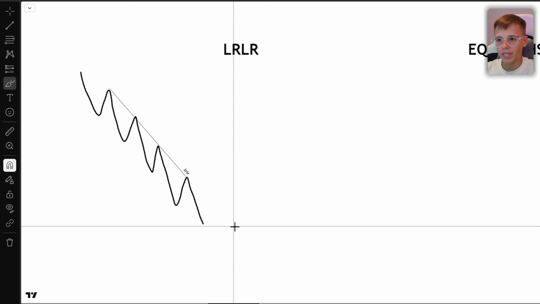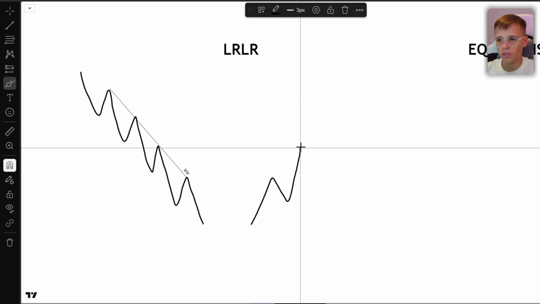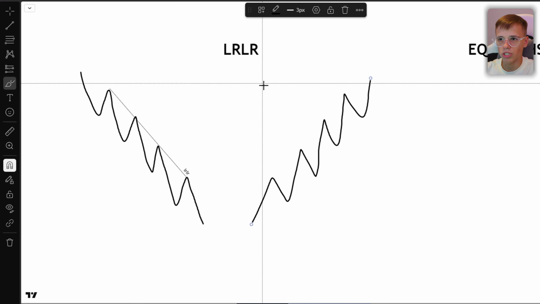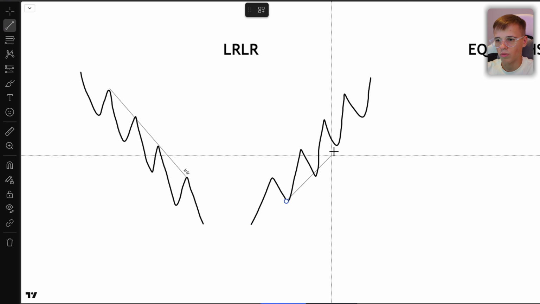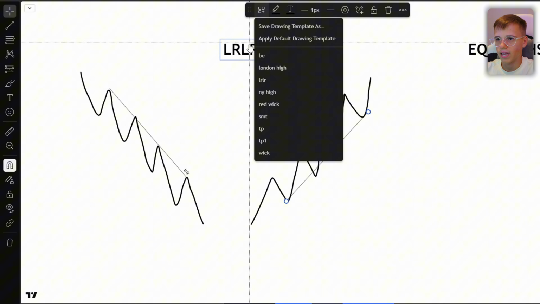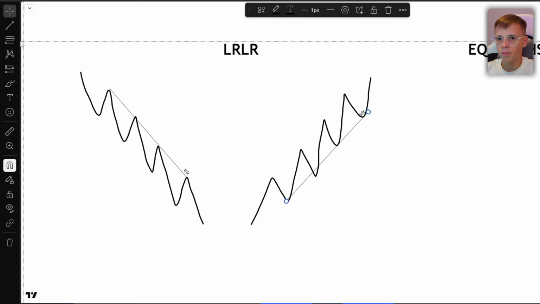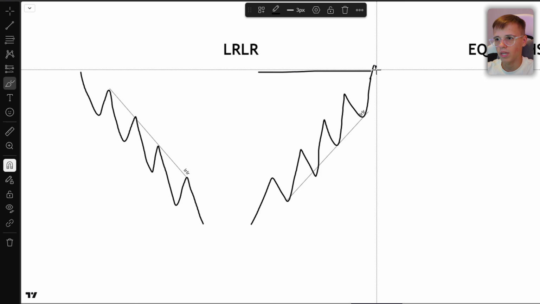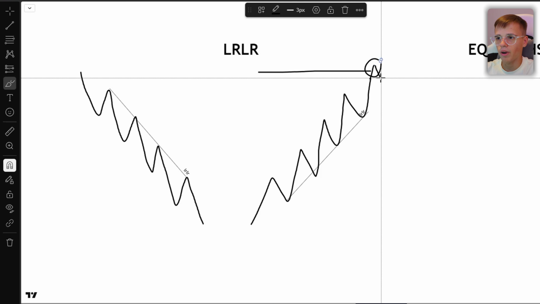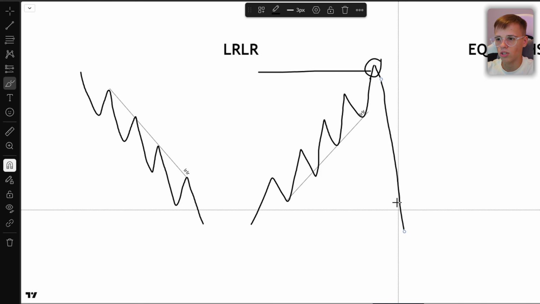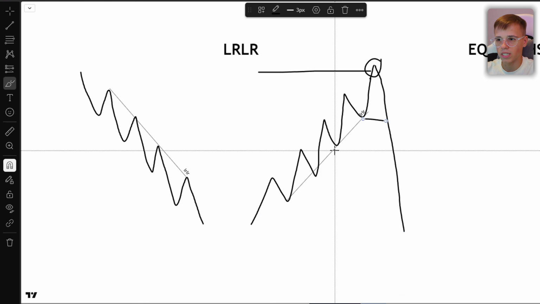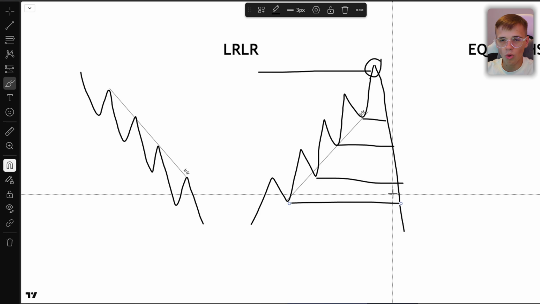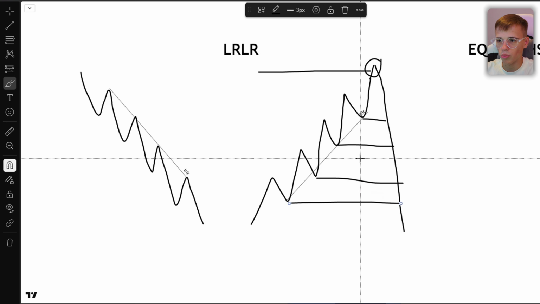So we have this one right here, and we have one when we are just going to the upside like this, and it's basically the same thing, except this time we are going to the upside, and what we do is we mark it like this. We can put this LR right here, and what happens after we sweep some kind of important level up here? We get a setup right here, and market just shoots down and takes all of this liquidity, which is basically low resistance liquidity. And trust me, I love this kind of liquidity because we always get setups that just play out within seconds.